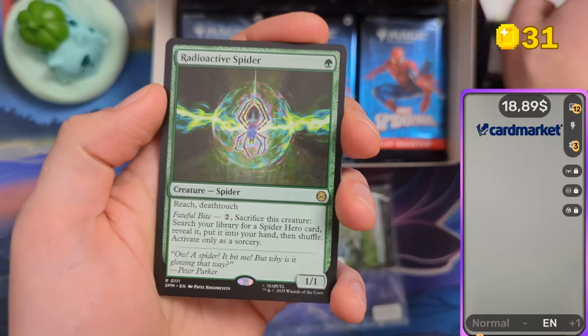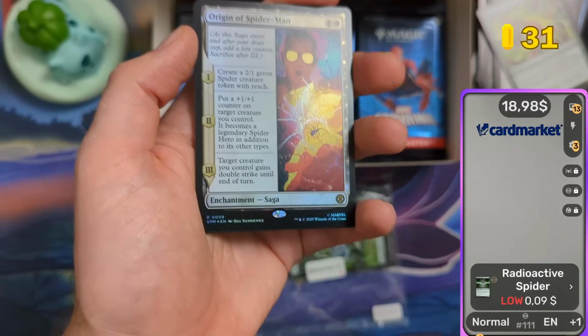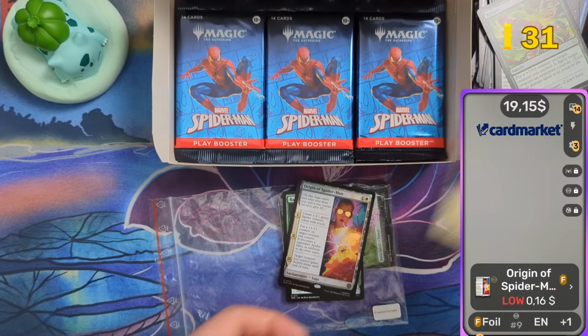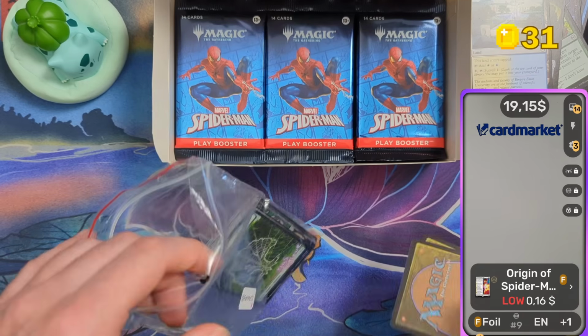Comments, uncomments. A radioactive spider and Origin of Spider-Man. 2 rares, one of them foil. So you can get the guaranteed rare, then you can get the rare in the foil slot, then you can get the rare in the wild card slot, which is just a random rarity,